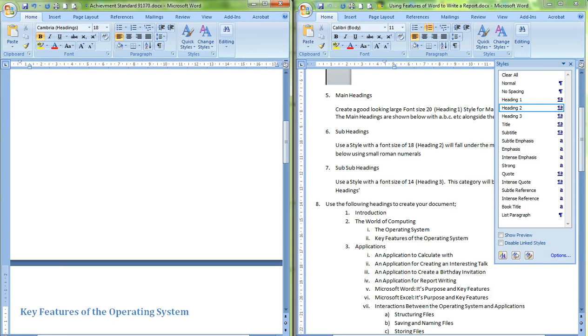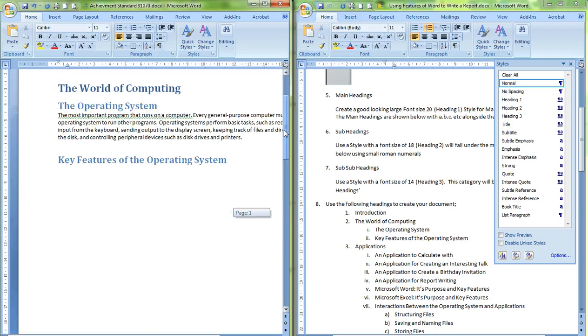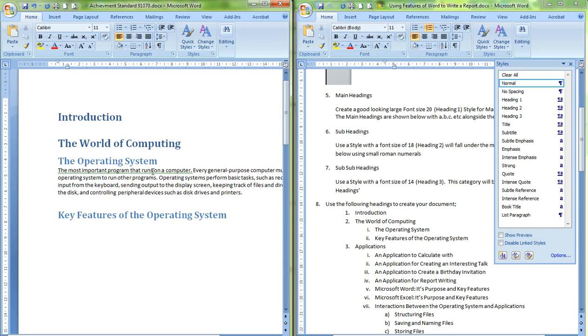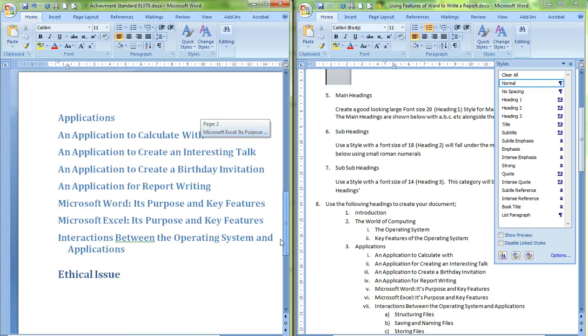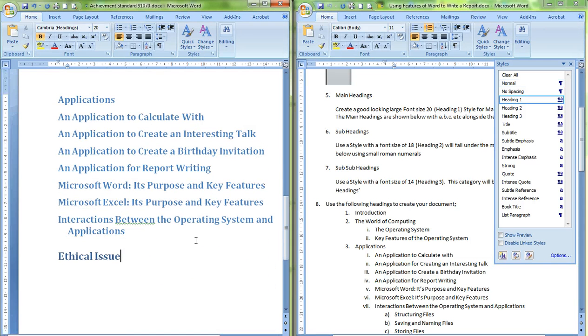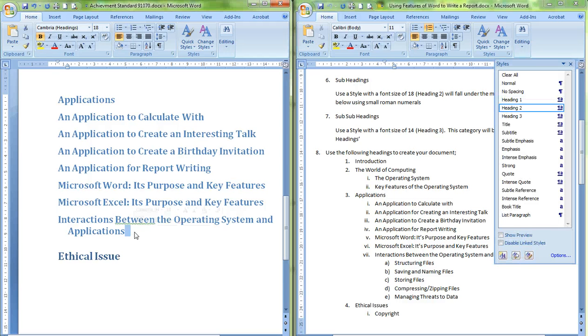Okay, let me just fix this up a bit. Okay, now each time that you do some more homework that relates to each of the headings, that's where you're going to be putting it in here. So I have that on one page, and then I run down and I have my Applications, and under this heading here, if you have a look here, Introductions Between Operating Systems and Applications, that one is going to be our subheading. So we need to have under here Structuring Files, just put